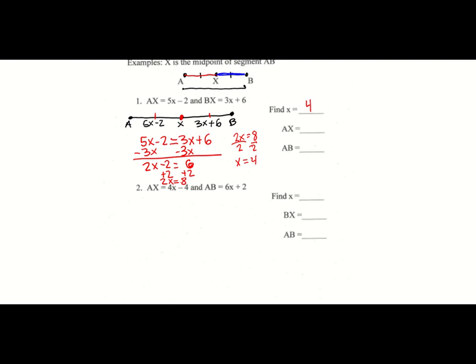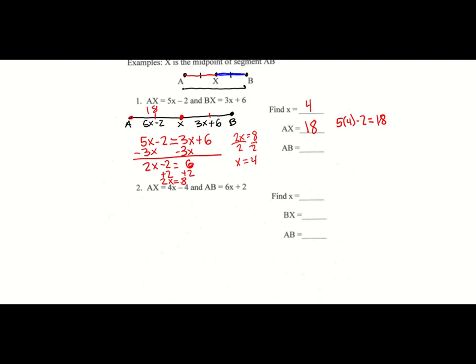Then once I have this x, I can plug it back in to figure out what AX is. So I know AX is 5x minus 2. If I plug in 4 for my x, I get 5 times 4 minus 2, which gives me 20 minus 2 is 18. That is AX. Same thing for AB. If I know that AX is 18 right here,